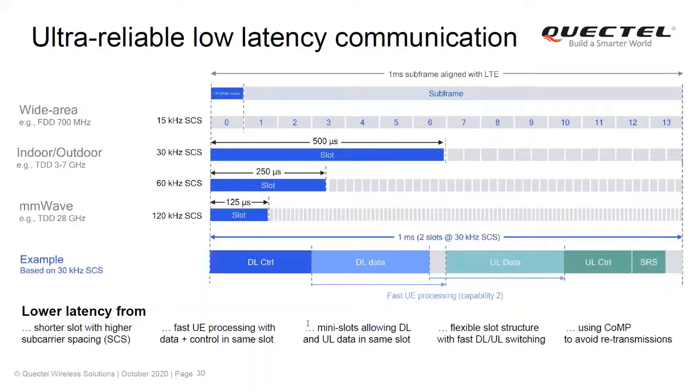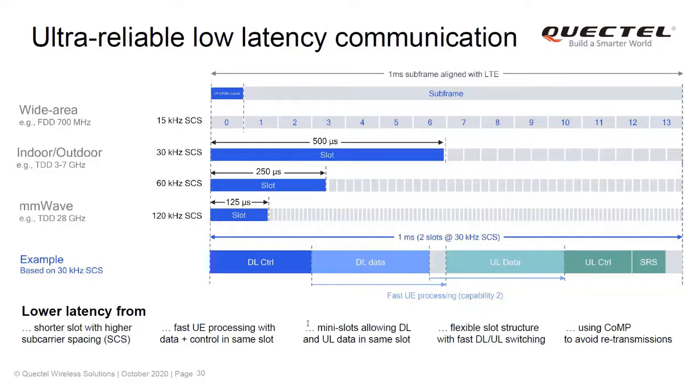The next one, ultra reliable low latency communication, means that one standard millisecond subframe from LTE can support, at higher frequencies, an even denser data structure, so it can transmit more signals in the same time frame. So this is how you achieve lower latency: from a shorter slot with higher subcarrier spacing, fast processing